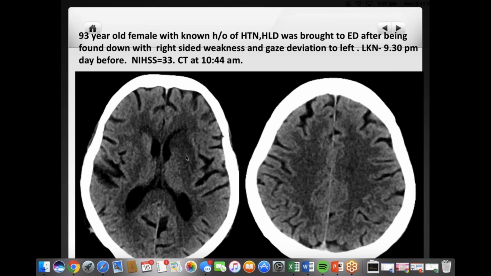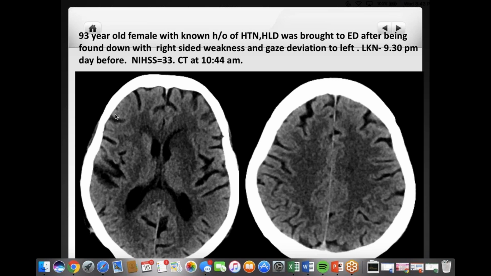So you want to act accordingly. Maybe some subtle changes here in the CT, but overall, actually, the CT looks really, really good. If you were to give a CT ASPECT score, you'd probably be next to an 8, maybe even 9, or maybe 8. Maybe you take 1 point out of the caudate right here, maybe another point for here. The insular ribbon is pretty good, actually, for the most part, except for some subtle changes. So, 7 to 8 ASPECT score, which is pretty good.